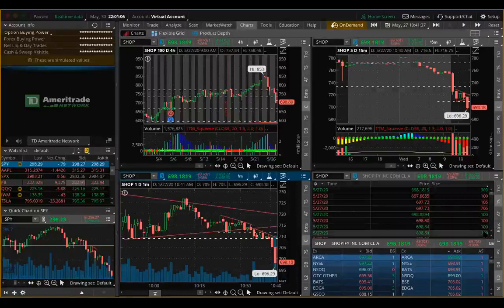If this was rallying to the upside, you want to see this be all green, with like 500s, 200s, 500s, thousands. You'll see 1500s, 2000. That's a lot of money coming in, guys. It's a lot of shares flooding in. If you're on the sell side, you want to see these turning red, being bigger numbers.